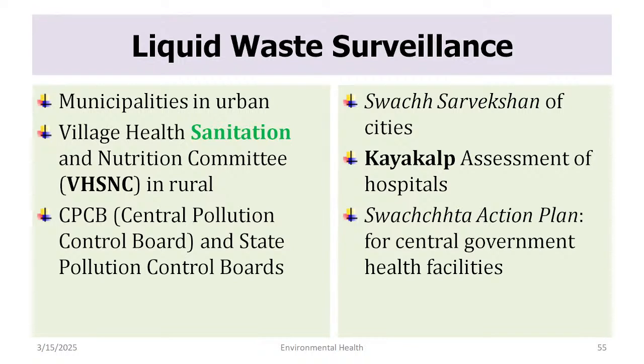So there are states which have taken this opportunity very well. Guidelines लिखा हुआ है. Those states are doing it. There are states who are not doing it. They are doing research on how well they are doing it. भोपाल में कर रहे हैं, राजस्थान में. I am the guide of a PhD student who is doing this. Let's see मध्य प्रदेश में कैसा हो रहा है. But not well. बहुत अच्छा नहीं हो रहा. CPCB and State Pollution Control Boards are the main entities. ठीक है. Right? And these are the ways it is done.